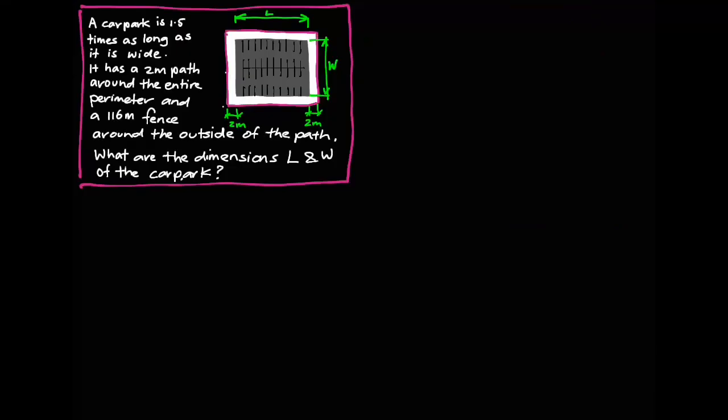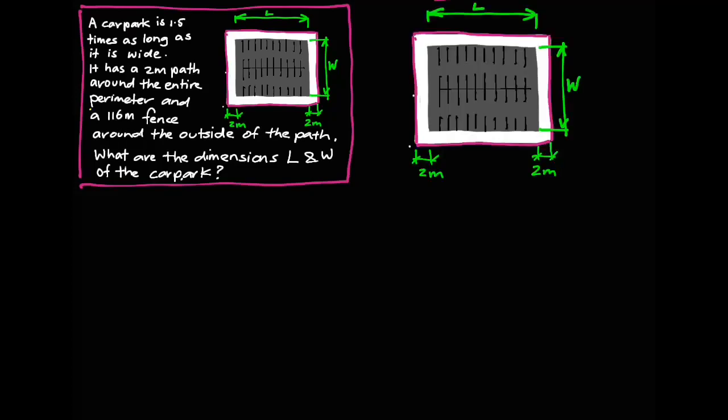Okay, we've got two unknowns here, so we need to find two equations to represent this problem. So we've been given the perimeter of the entire fence, which is in pink. We can form an equation from that. Let's just go ahead and say the perimeter of the pink fence is going to be 2 times L plus 2 metres plus 2 metres. So 2 times L plus 4